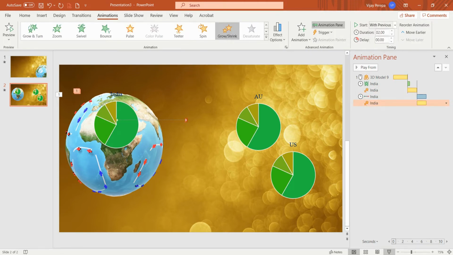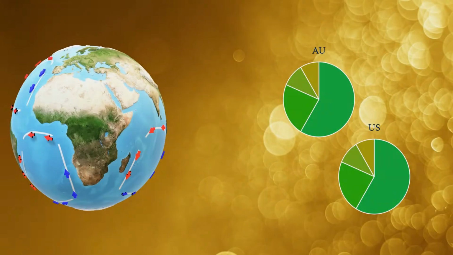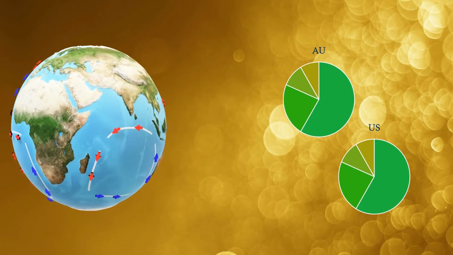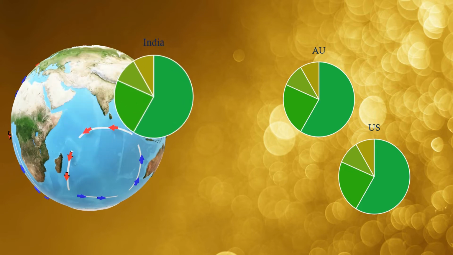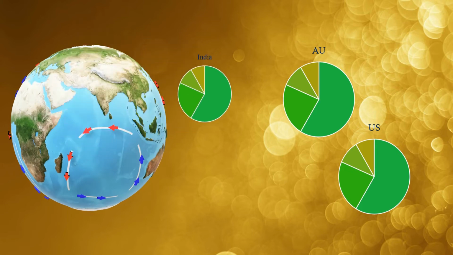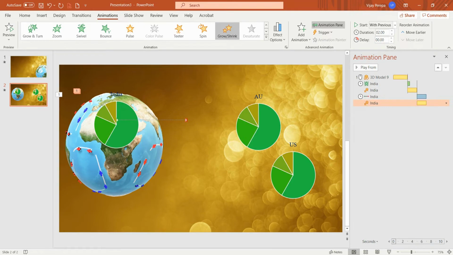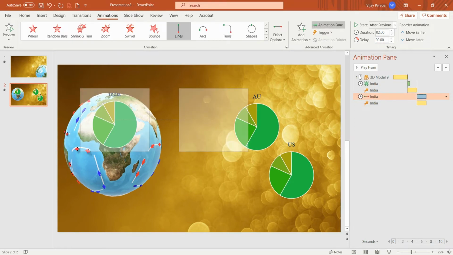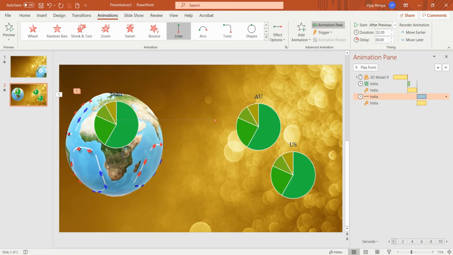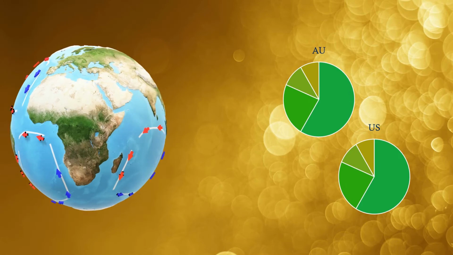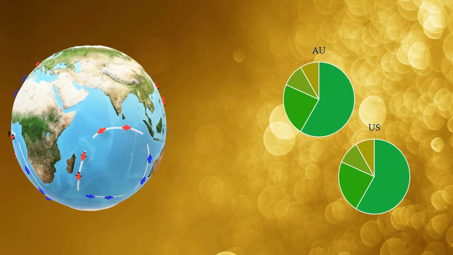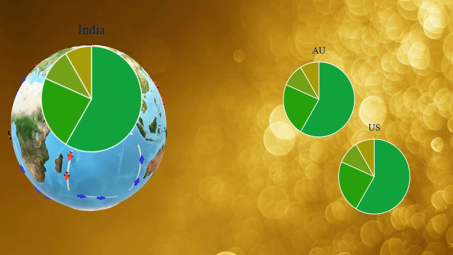Now if I run the slideshow, you can see only one click, the globe is rotating. Now I need not click. Now the chart is appearing and growing and then slowly going and standing somewhere. But the placement should be a little way somewhere. Let me select it, press shift and drag it so that it will stand here. Now let me run the slideshow again, and if I click once, the globe is running, and then